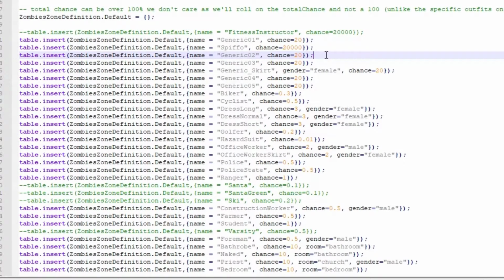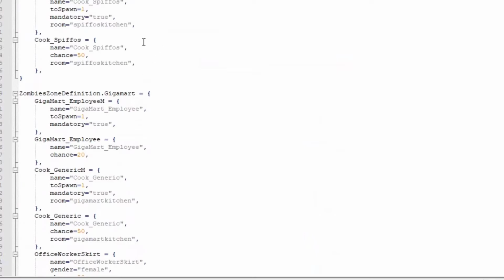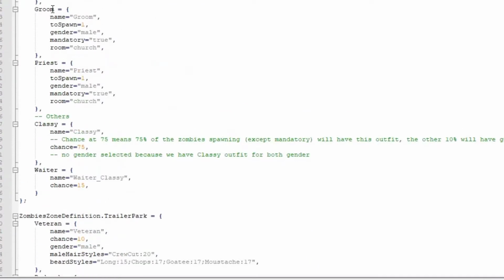So yeah, this is literally the way to deeply customize your Zomboid experience, that you can change whatever you want. It's just a matter of copy pasting wherever you want. So let's say you want a groom zombie and spiffos. You just copy this and then throw it into